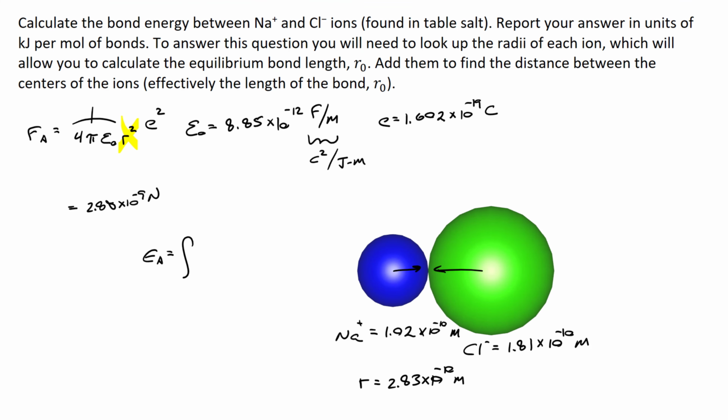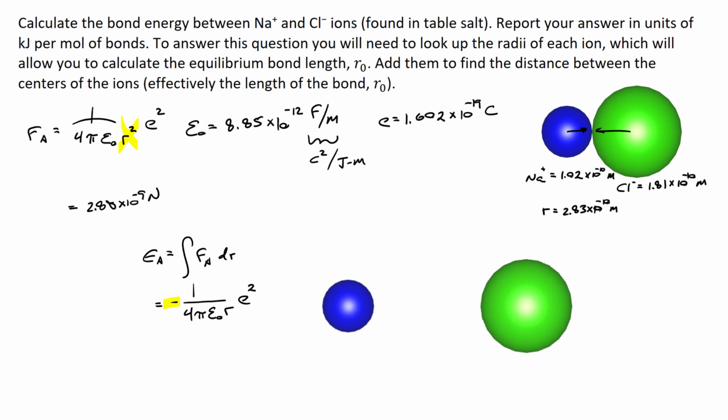Now, we're being asked to find the energy of attraction, which is equal to the integral of the attractive force multiplied by dr. So when we integrate the force of attraction, what we're left with is a negative value, negative 1 divided by 4 pi epsilon naught times r, multiplied by the charge of one electron squared. The negative sign here refers to the fact that the energy level between the sodium and the chloride ions is 0 when they are far apart. We've got an attractive force. As these ions come together, their energy levels drop,